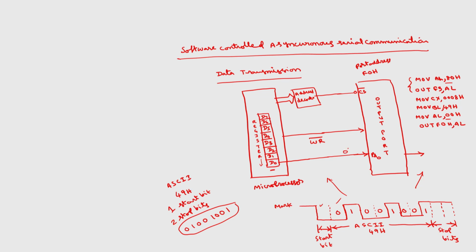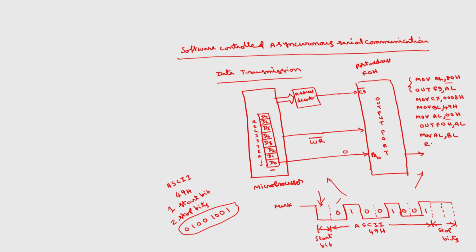Thereby a 0 will be transmitted, that is the start bit. Then you have to transmit the first bit of BL onto the output port. For that I will take the BL contents into AL, MOV AL, BL, so that AL will be having 49H,